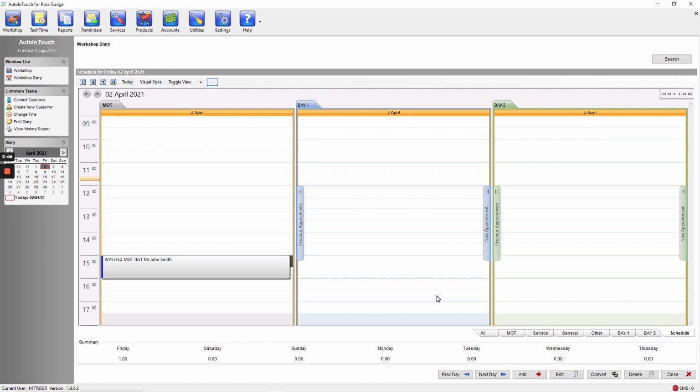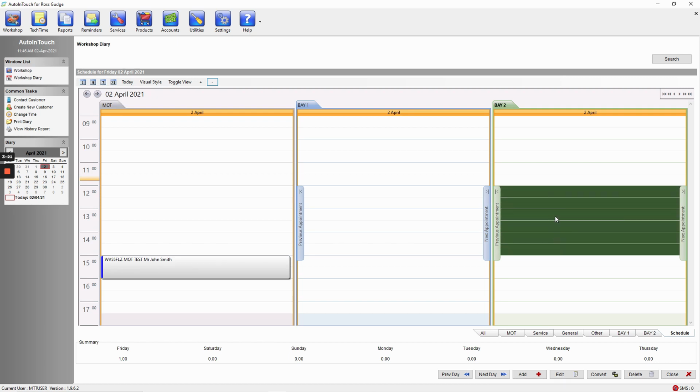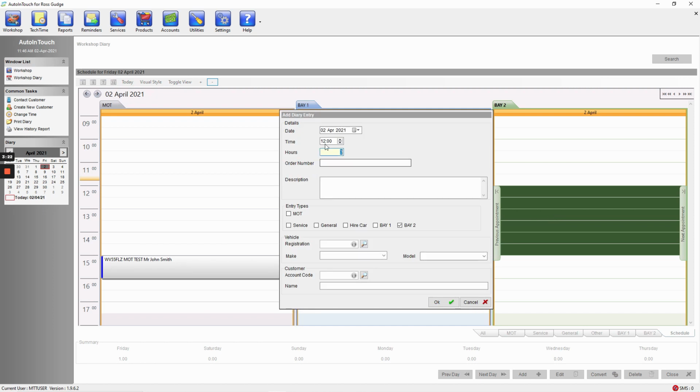A different diary entry for a general repair, service or investigation. We'll use your major service at 3 hours. We were going to book that in at 12 PM on bay 2. We'd highlight the 3-hour slot, right click again to enter the diary entry,